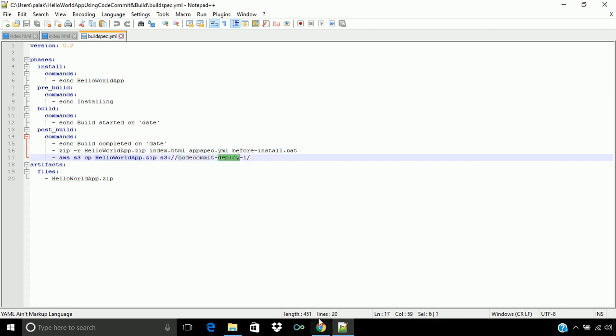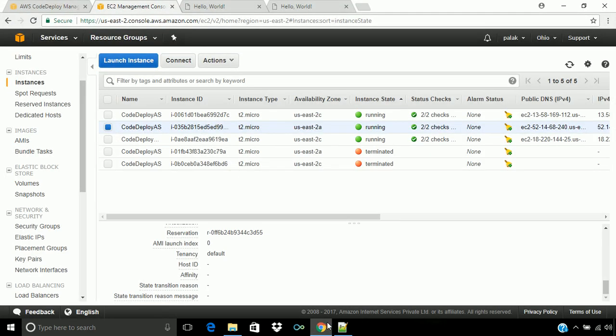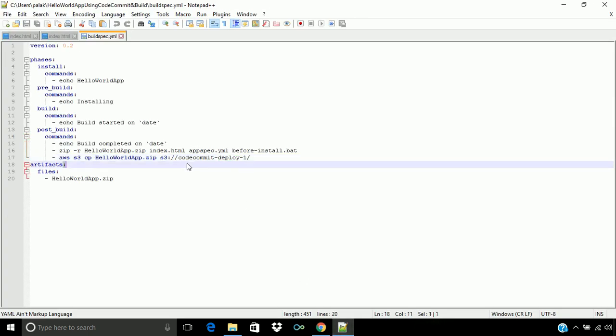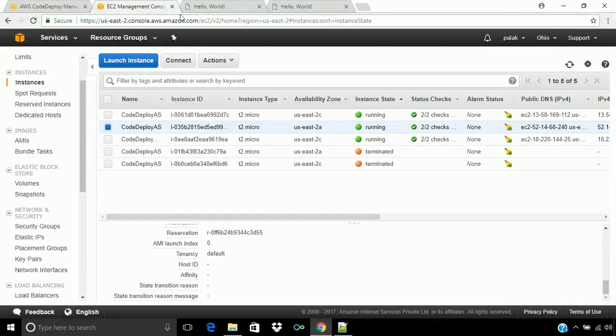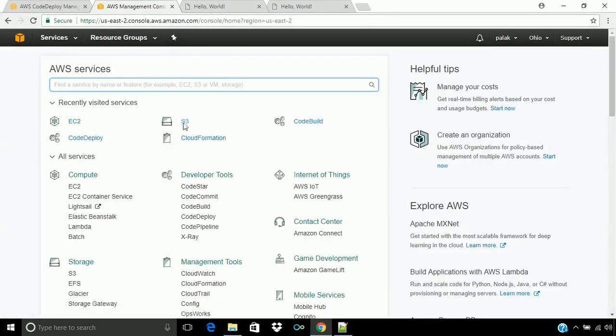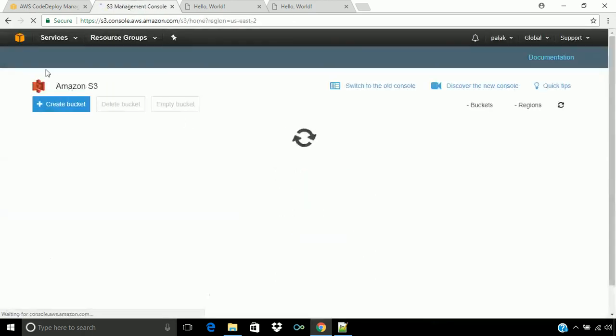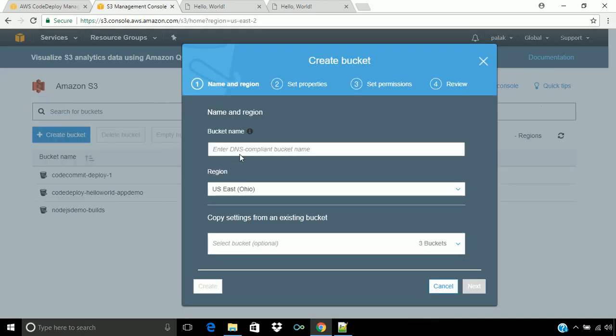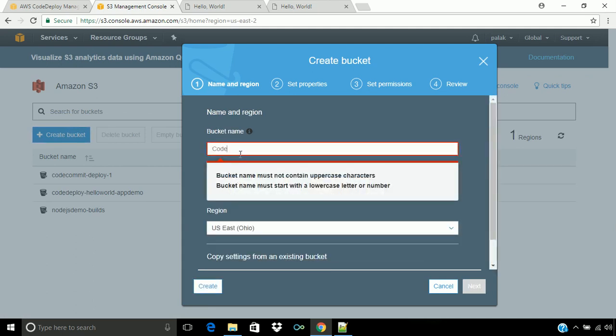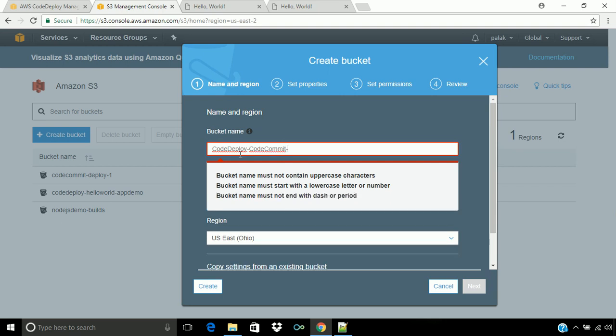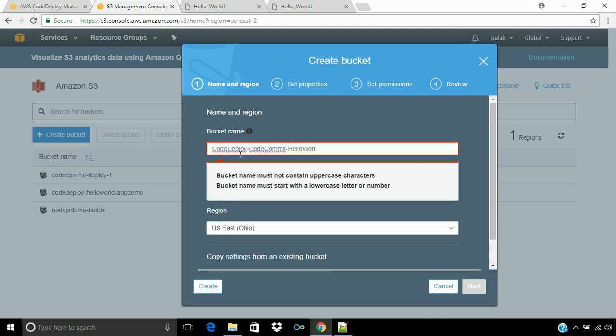Here I will change the bucket name. We have to use the bucket which we are going to use while deploying the application. So let me create a new bucket here. That will be code deploy, code commit, hello world demo.